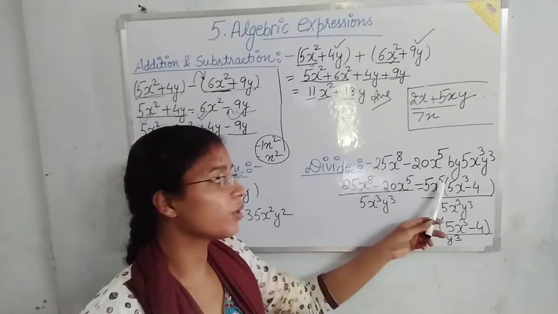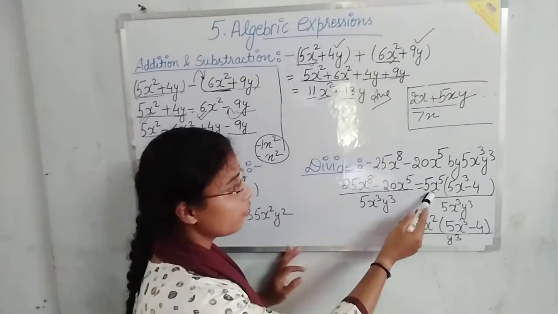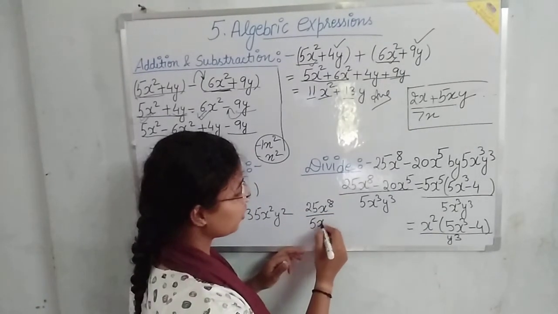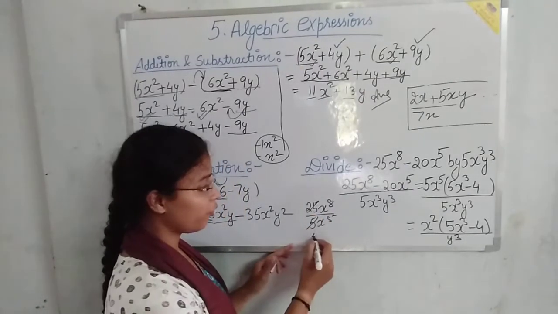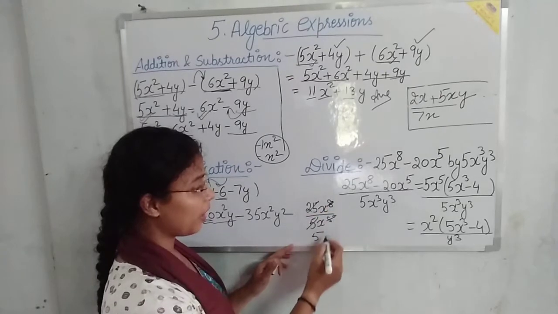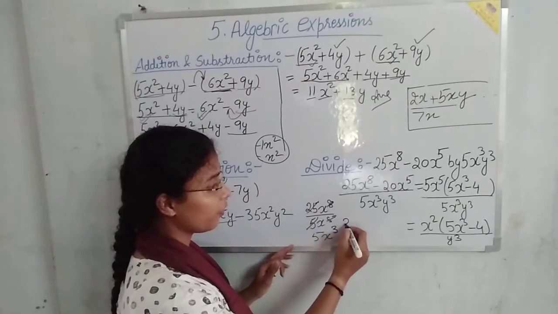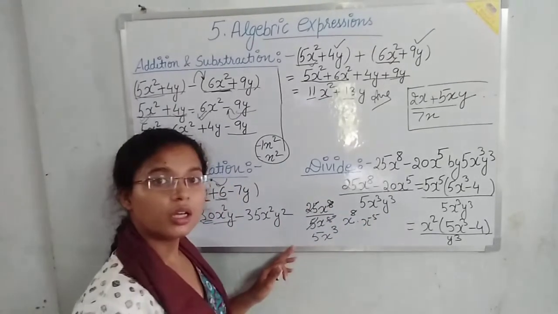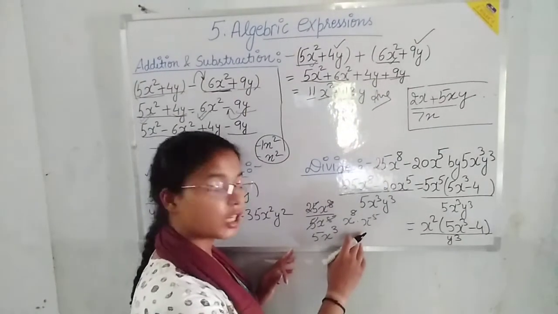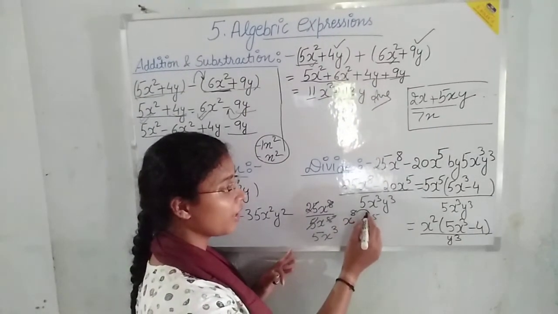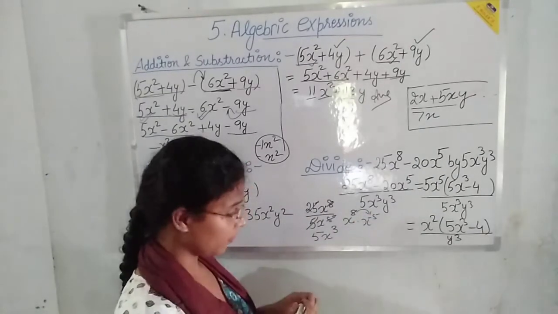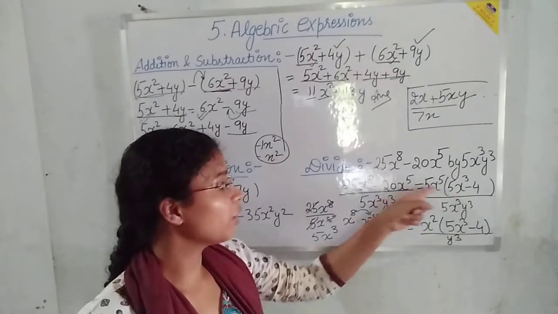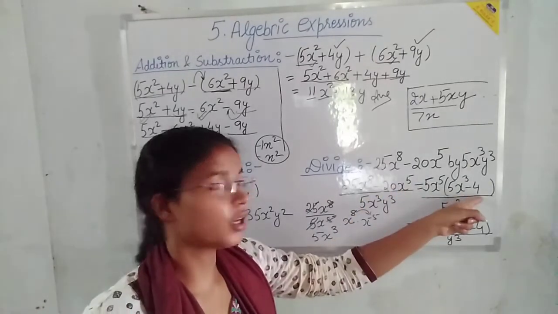Now divide it one by one in the terms. When you divide 25x to the power 8 upon 5x to the power 5, the numbers cancel and give you 5. For x to the power 8, when the denominator's x to the power 5 goes to the numerator, it becomes x to the power minus 5. I have explained this in exponents and powers. Now the bases are the same, so the powers will be added, and this is a subtraction, so x to the power 3. So when you divide one by one, in the first term you will get this, and when you divide with the second term you will get this.